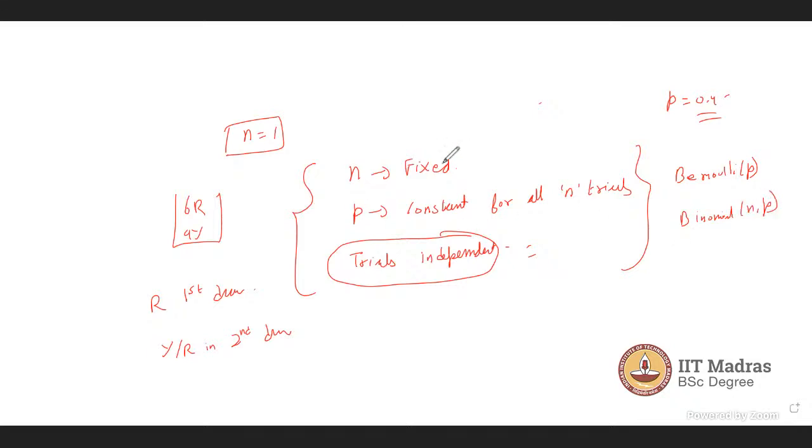Excuse me, sir. We use binomial when we have independent and identical trials. Do we have any distribution for dependent trials also? For dependent trials, I think one distribution which you have studied is hypergeometric, right? Yes, sir. So hypergeometric random variable, when you do something without replacement,